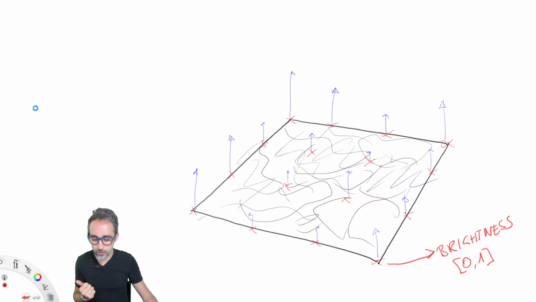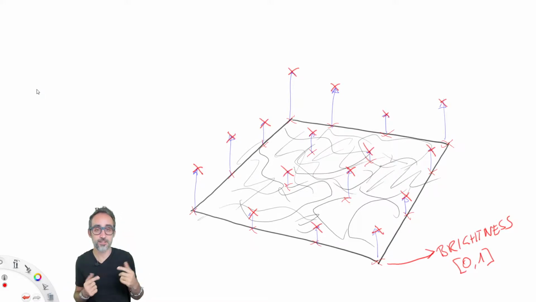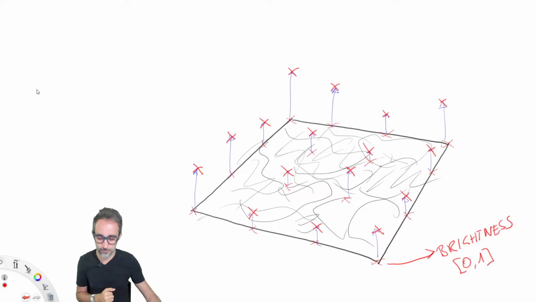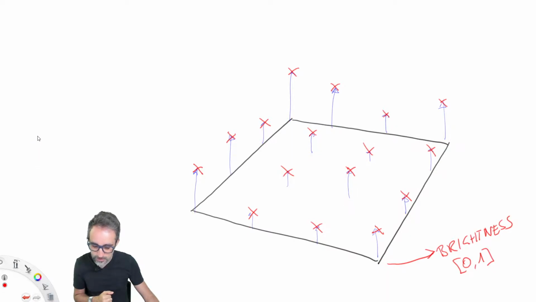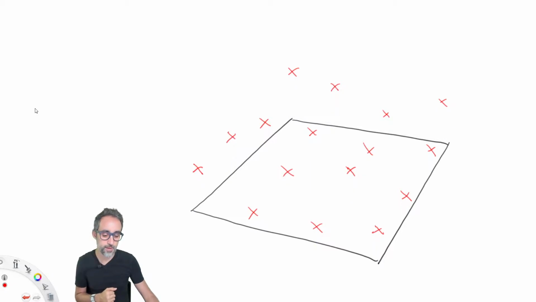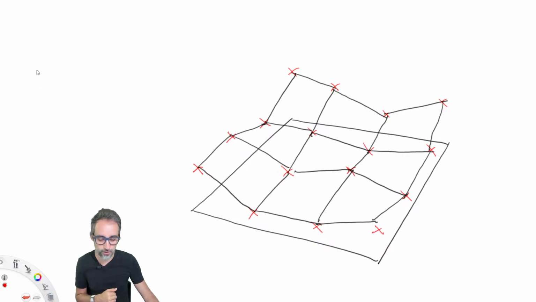And then we're going to take all those points and we're going to move them in Z-space at a value that is going to be a factor of that brightness. So I don't know, 5 times the brightness, 10 times the brightness, however much the scale of the terrain we want that to be. That will give us a cloud of points that are now somehow in 3D space. And then if we join those, if we reconstruct them with a mesh, we will get a mesh in 3 dimensions, with each one of the points representing the height of the terrain.